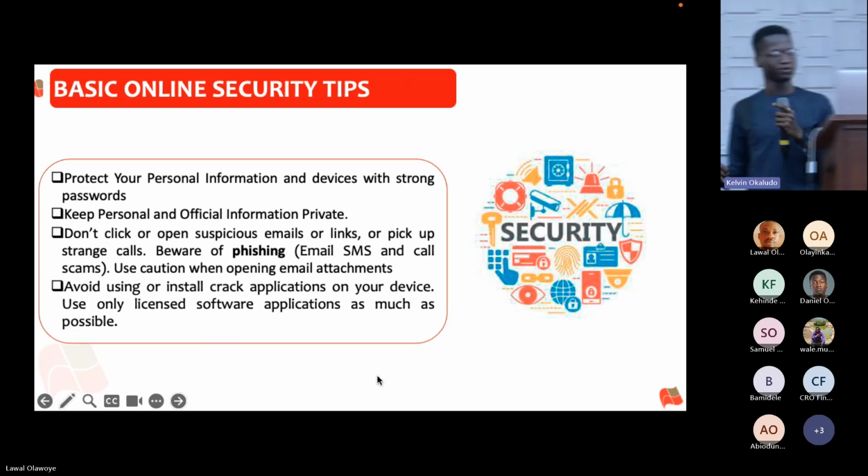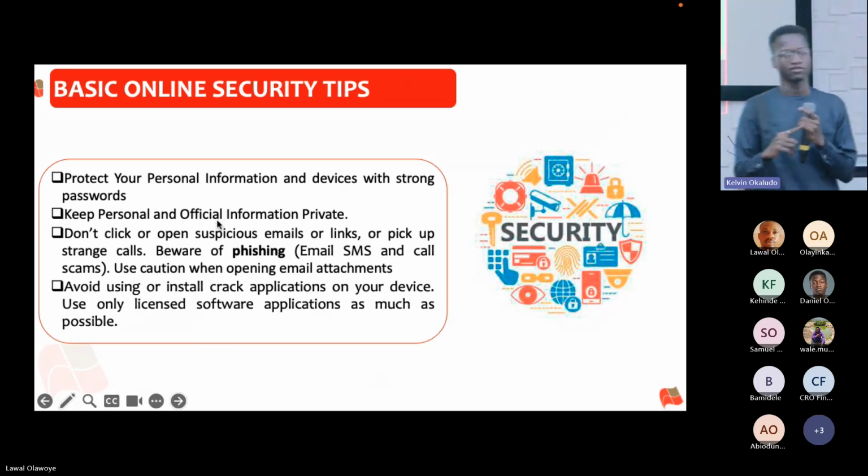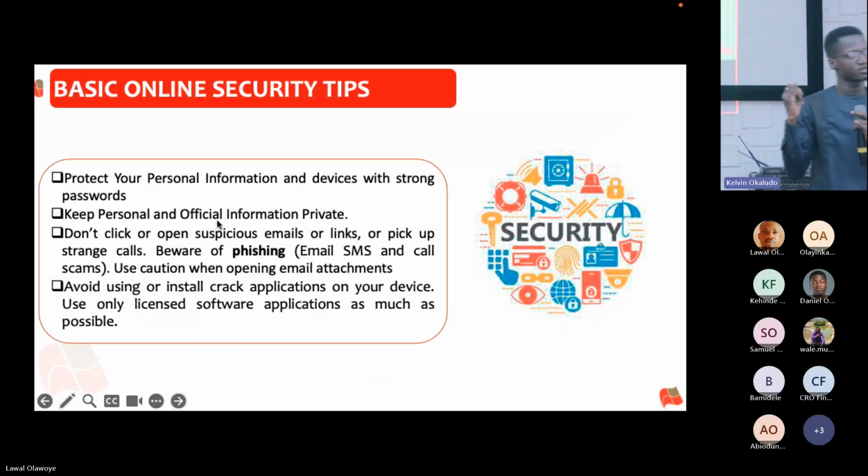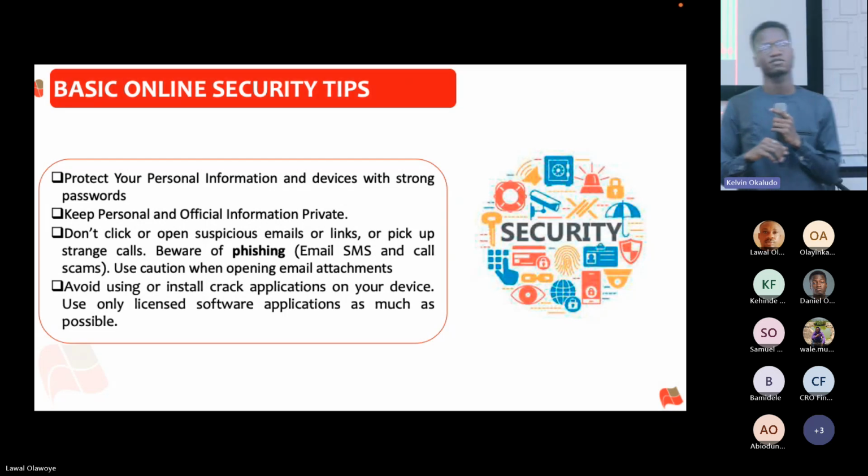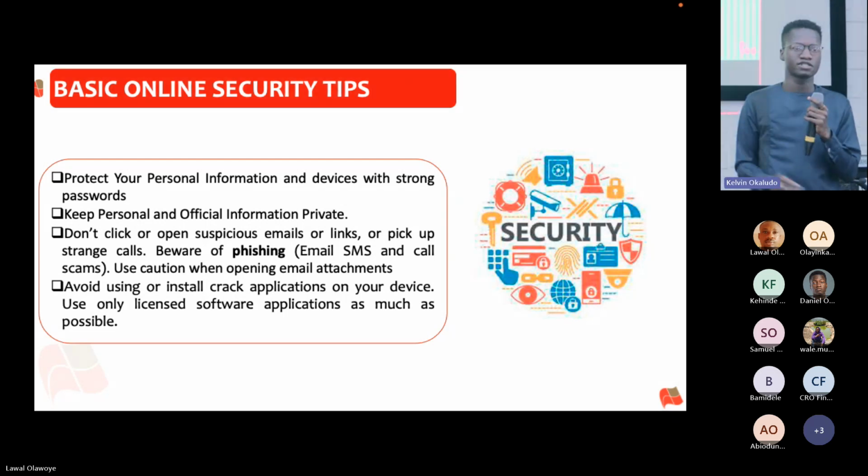Okay, so protecting your personal information with strong passwords. Now, people say this a lot, but